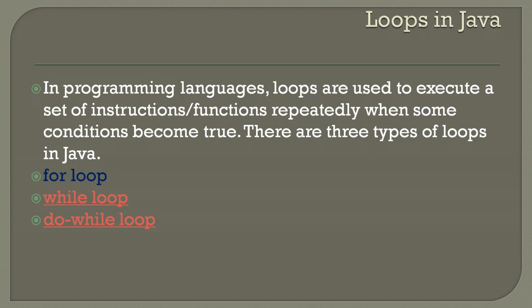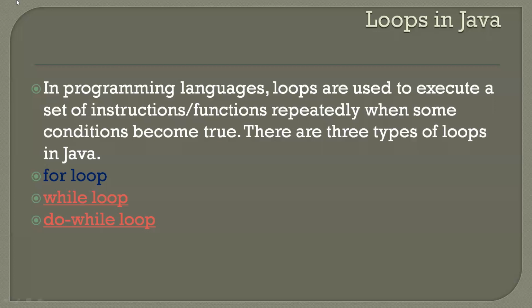Before going to the programs, let us see what is supported in iterational statements. There are three types of looping statements in Java: for loop, while loop, and do while loop. Let us have a look at each type of loop, the theory part, the flow chart, and then one example program on each.